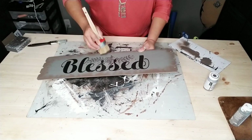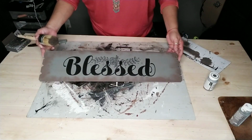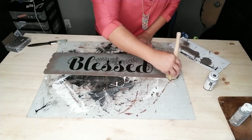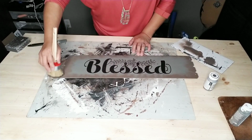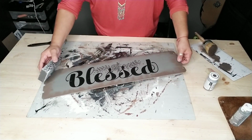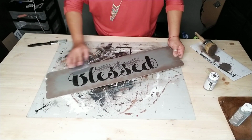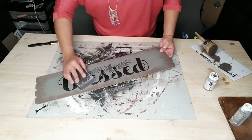And once you're satisfied with the way it looks and how much you've painted on, just go ahead and again grab your little sand block or sandpaper if you don't have a sand block, and then just go ahead and give it a light sanding. And this is just to give it more of that weathered old look. So this is completely optional. Once you're done with that,